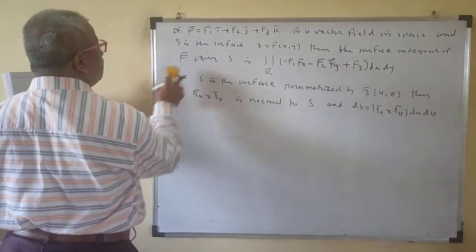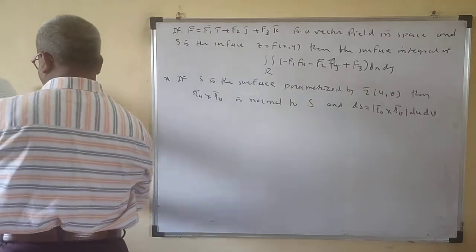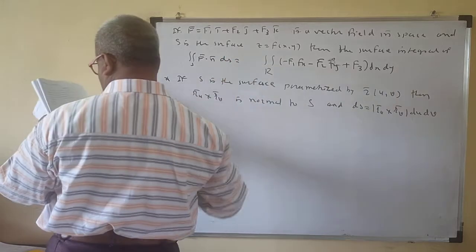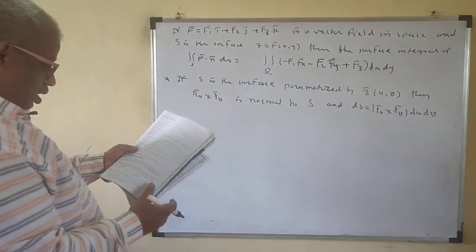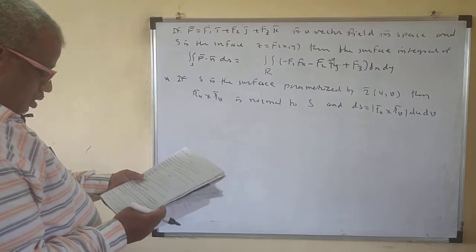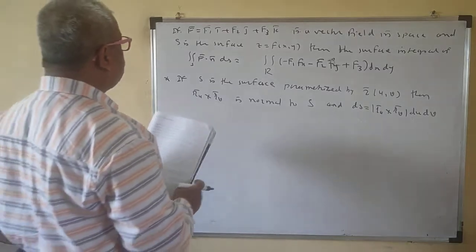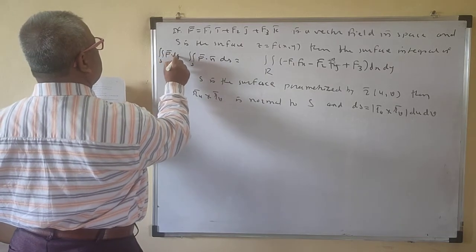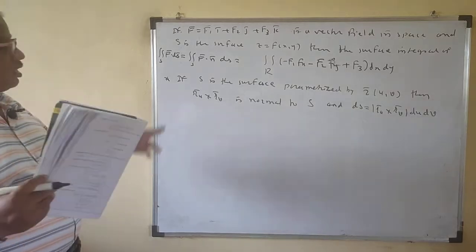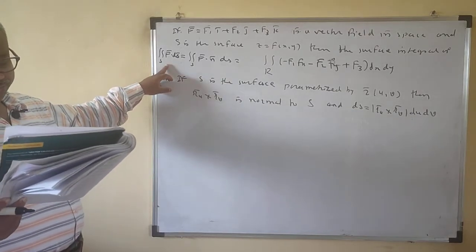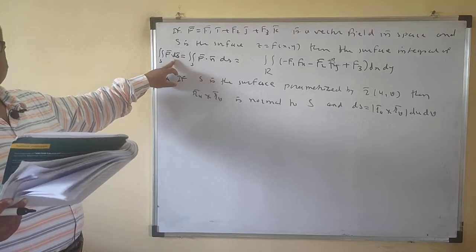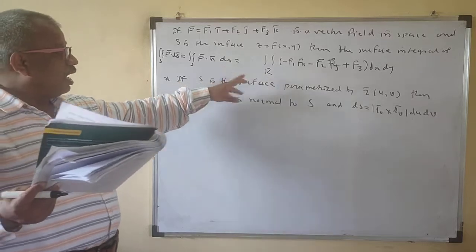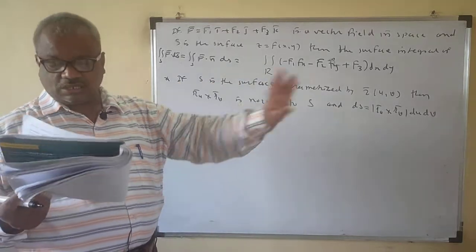So actually you can write the surface integral over S like this: double integral over S of f bar dot n bar ds. This is the surface integral of f over S. You may also write this as double integral over S of f bar dot ds bar. So S is the smooth surface, and the surface integral is f bar dot ds bar, which is f bar dot n bar ds, and you can express ds.